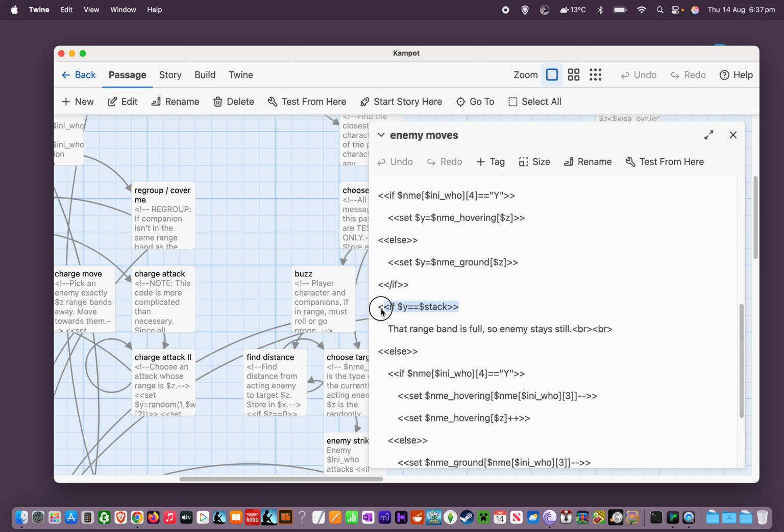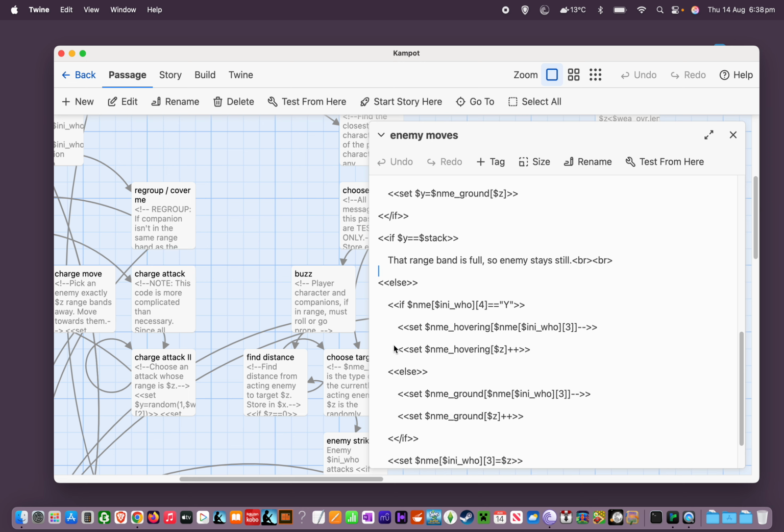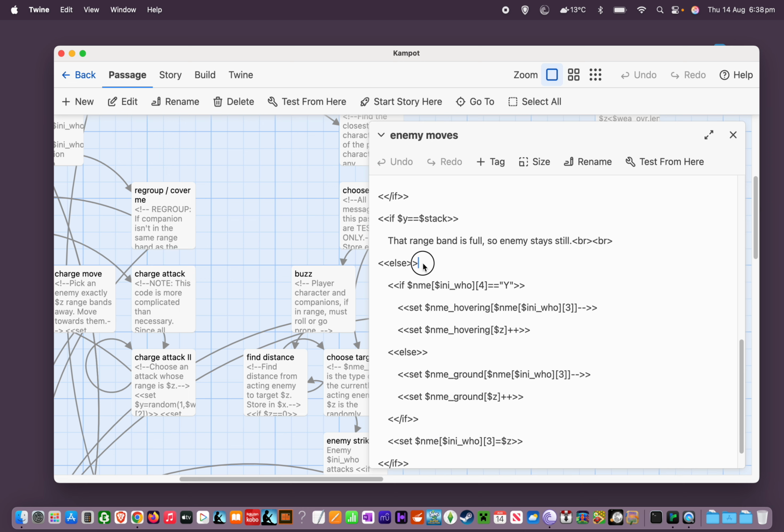And if that number equals stack, and remember stack is the stacking limit, the maximum number of enemies of a particular type that can be in the one range band at the one time. So if that value that we've got here or here already equals the stacking limit, then we say, well, that range band is full, and so the enemy stays still. They can't move because they want to move into a place that is already as full as we've decided it can be. Otherwise,